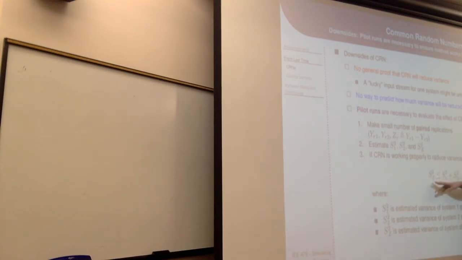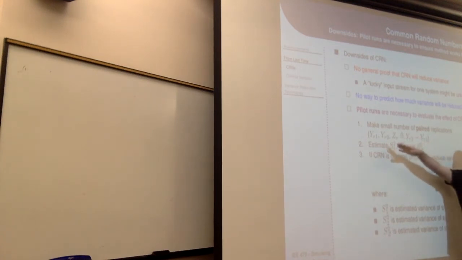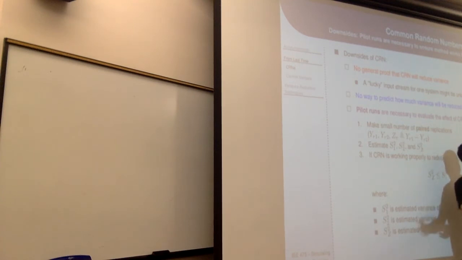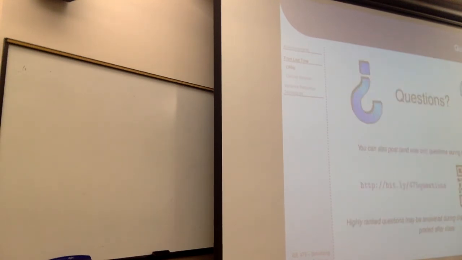But if you don't see a decrease in variance, that means your two models are probably so dissimilar that pairing the inputs isn't a useful thing to do. That would be like one bank that's optimized for bursty traffic and the other bank optimized for smooth traffic. Then it might be that one input thrives in one bank and kills the other, and vice versa, in which case it would not be good to pair them together. But if they have a similar result qualitatively to the same input, then you want to use the pairing, and that will get rid of the variance due to the inputs. So that's CRN. Are there questions about common random numbers and this general approach?